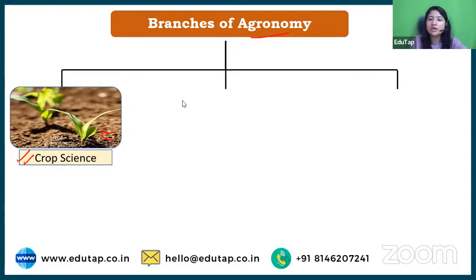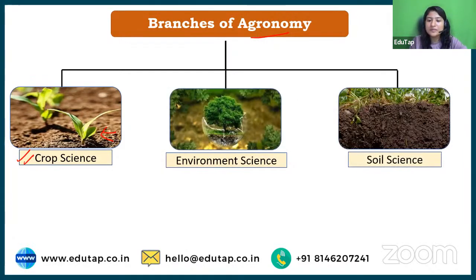It comes under your crop science, okay? Next, agronomy has one more branch, which is your soil science, ठीक है? Soil science में basically क्या है? To take care if the soil has the optimum need, whatever be the requirement of the plant or not. Means, for example, if the pH of the soil is optimum or not, is there,